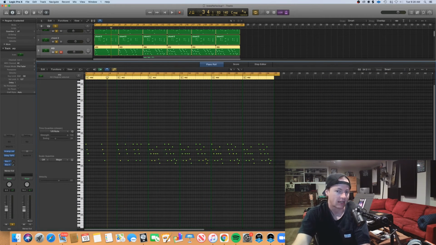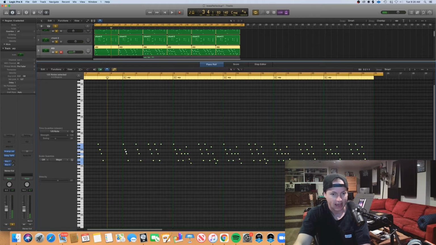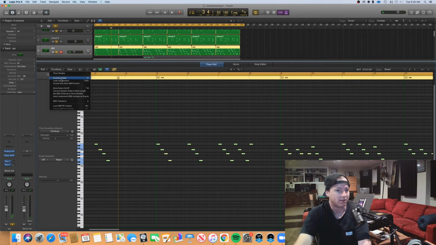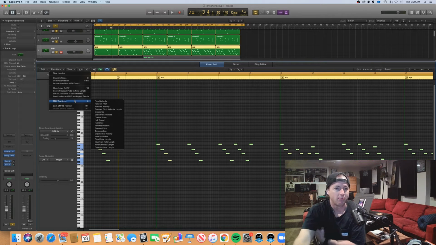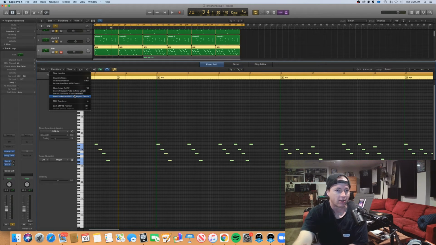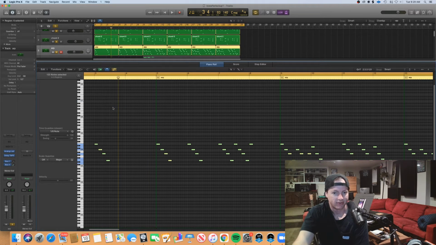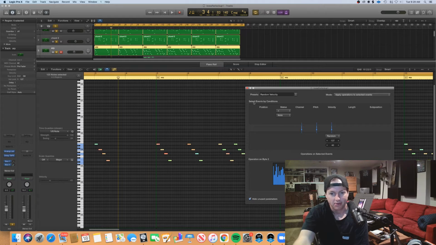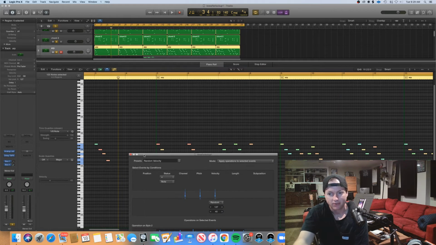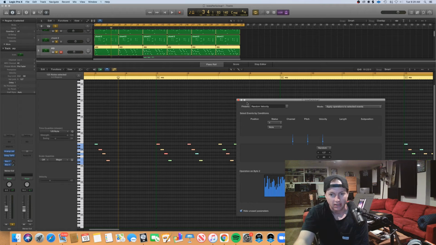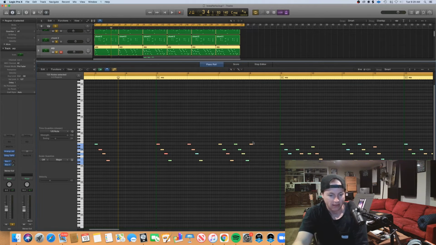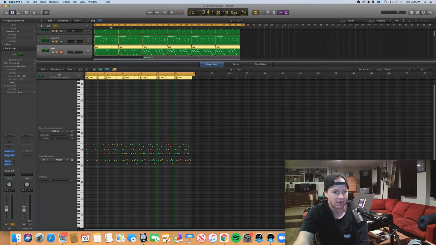Now, Logic and a lot of these DAWs know we're going to want to do this, so they build in what's called MIDI functions. So if I go to MIDI, or I'm in piano roll, I go to functions, MIDI transform, I could go with random velocity. If I hit operate, what that's going to do is it's going to change the notes. Now, one important thing about this is, first of all, see the red ones, those are going to be as loud as it gets. Might be a problem for us, it might not. Let's hear just this melody.